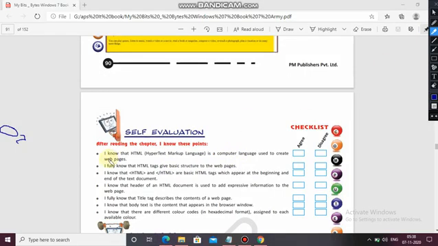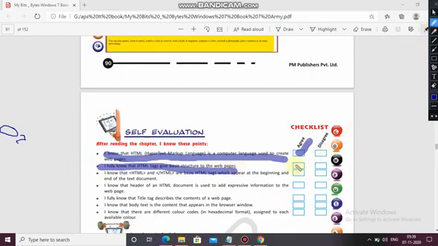I know that HTML, hypertext markup language, is a language used to create web pages. Okay, agreed. I fully know that the HTML tag gives basic structure to the web pages. Yes, it gives the basic structure to our web pages. This is also agreeable. I know that HTML and /HTML are basic HTML tags which appear at the beginning and end of the text document.